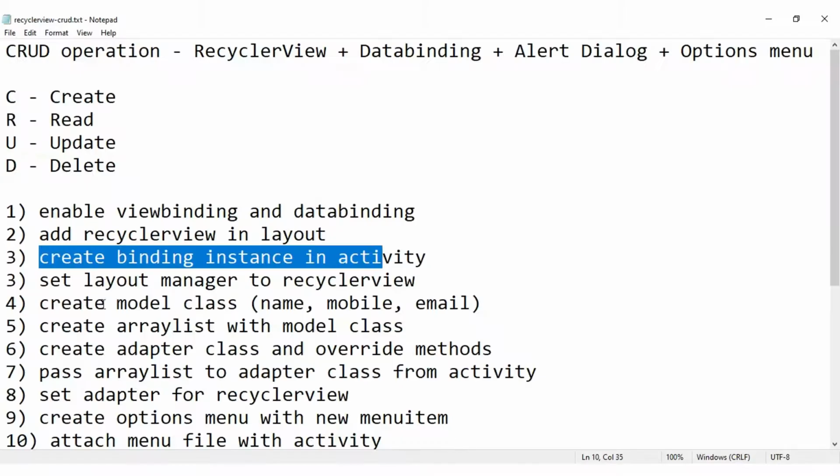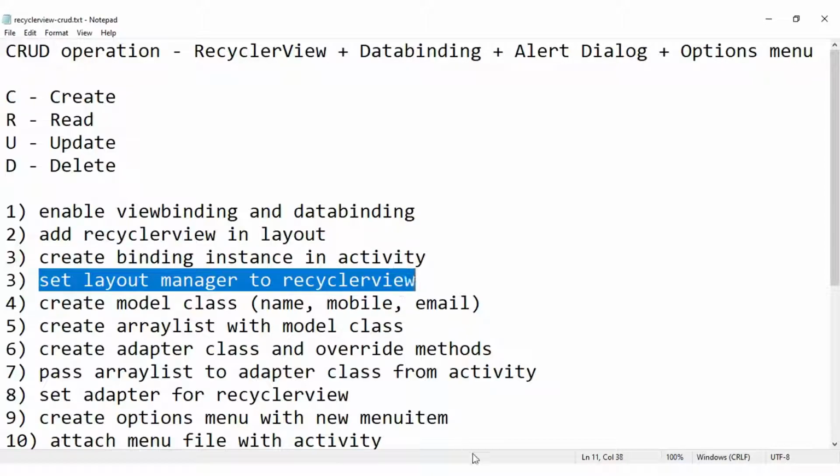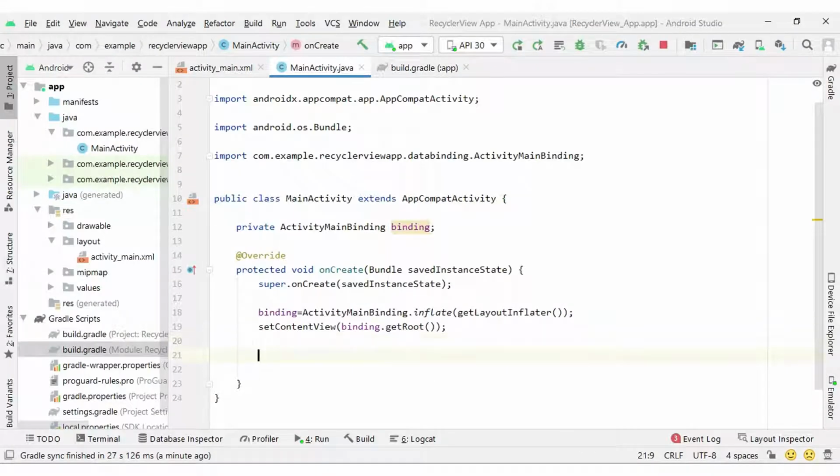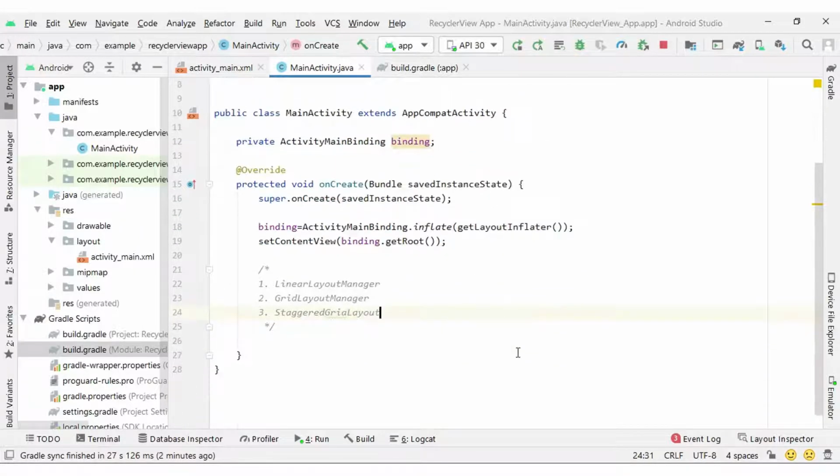What is next? Set layout manager to recycler view. In recycler view we can set three layout managers: first is LinearLayoutManager, second is GridLayoutManager, and third is StaggeredGridLayoutManager. You can set any of these, and it determines how you want to display or arrange your data in recycler view.